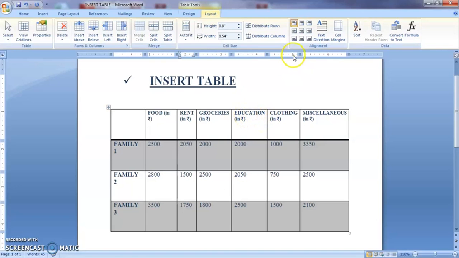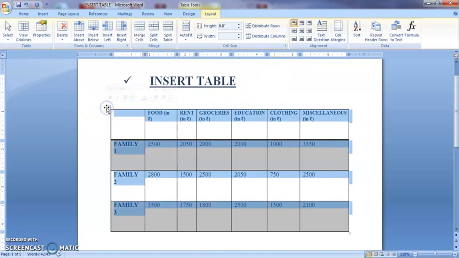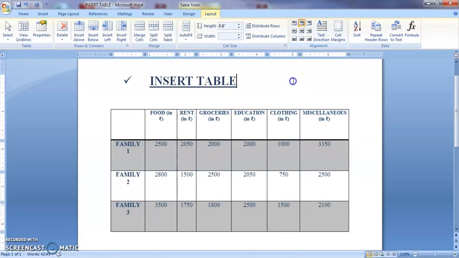For example, I am choosing the table. You can see how it is aligned. The text and the values are aligned to the top left. If I want it to be in the center, left center, then I can click here. I'll reselect it. I'll show you. See here. I'm going for center. This is the cell. This is the top left center. I want it to be in the middle and in the center position.